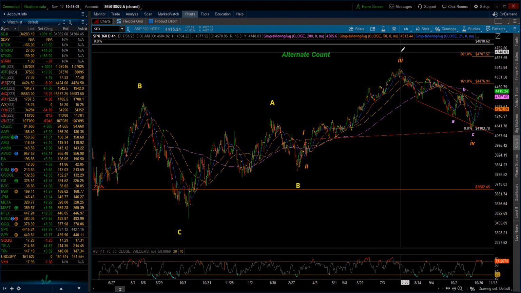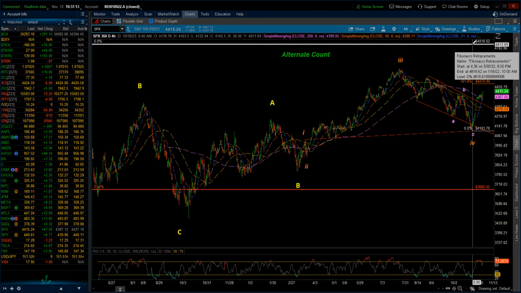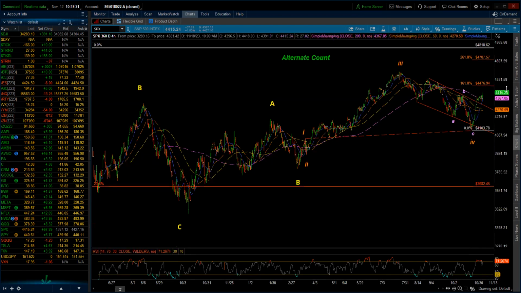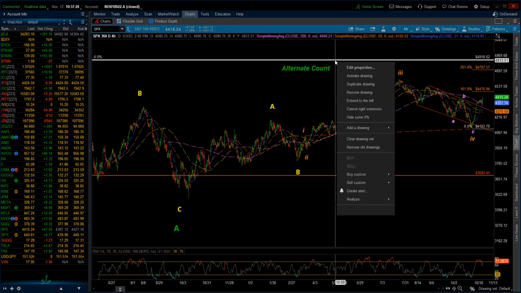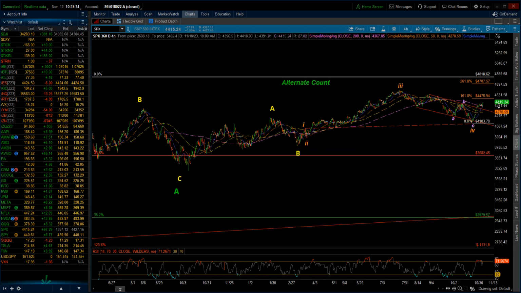A move above the high at 48.18 would put it into an irregular B wave. That possibility still is out there, but that one would consist of much higher levels, and I'm going to show you those levels. If we're looking at much higher,